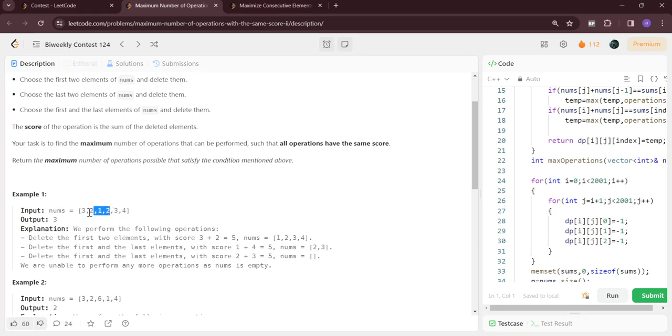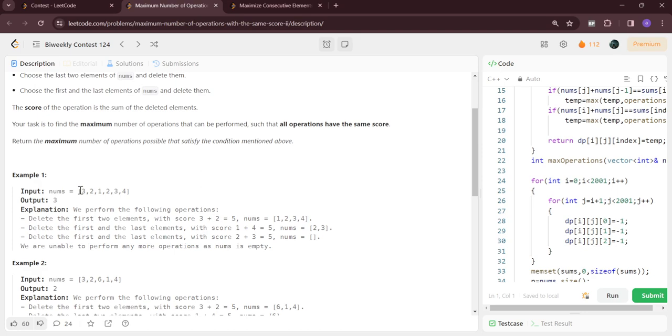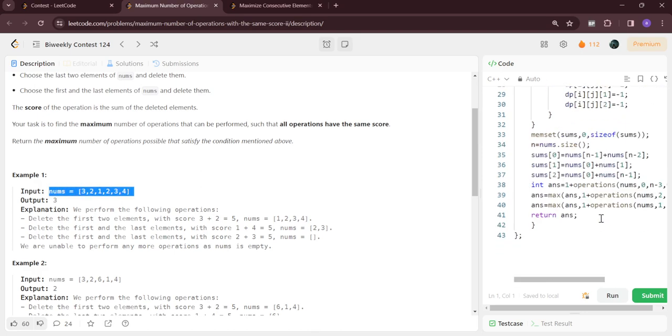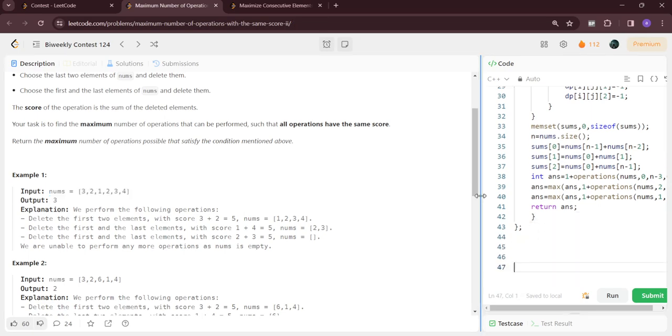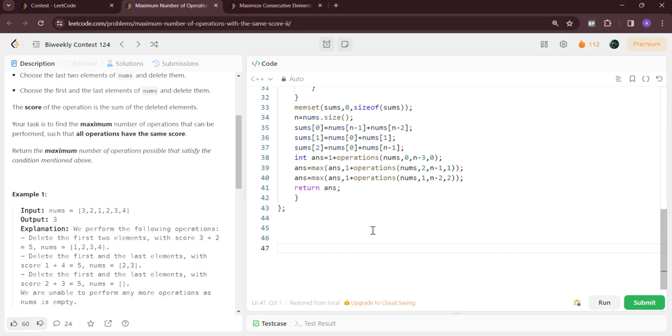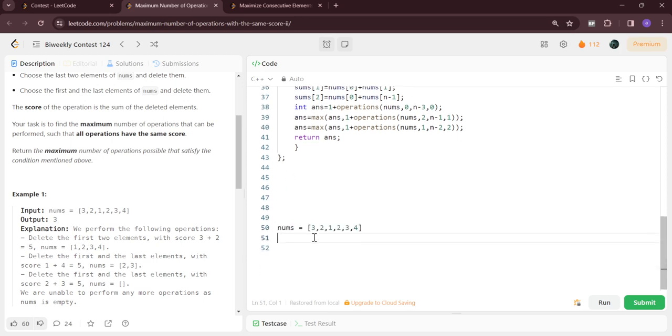If it is not the same, then we are going to return. If it is the same, we are just going to move on with that particular operation. But here, if we take this, for this case,